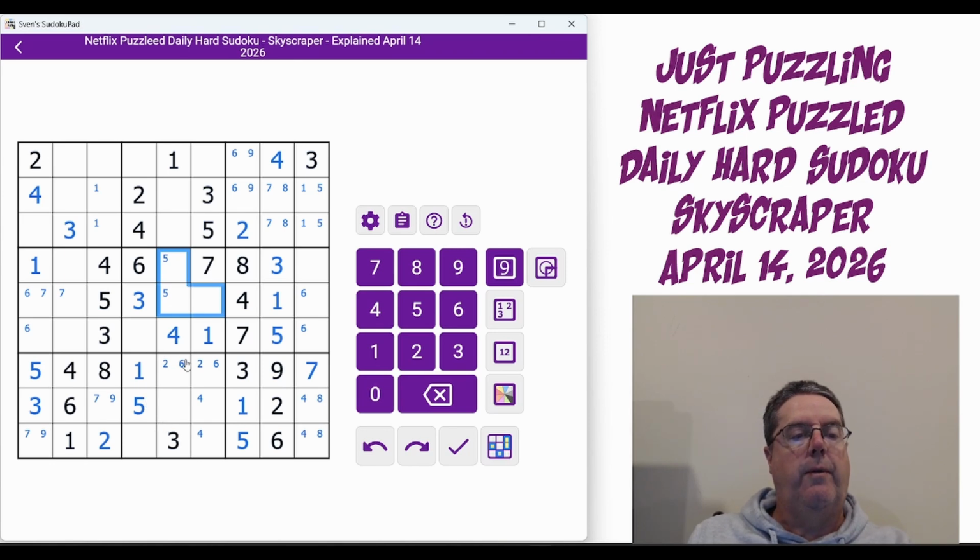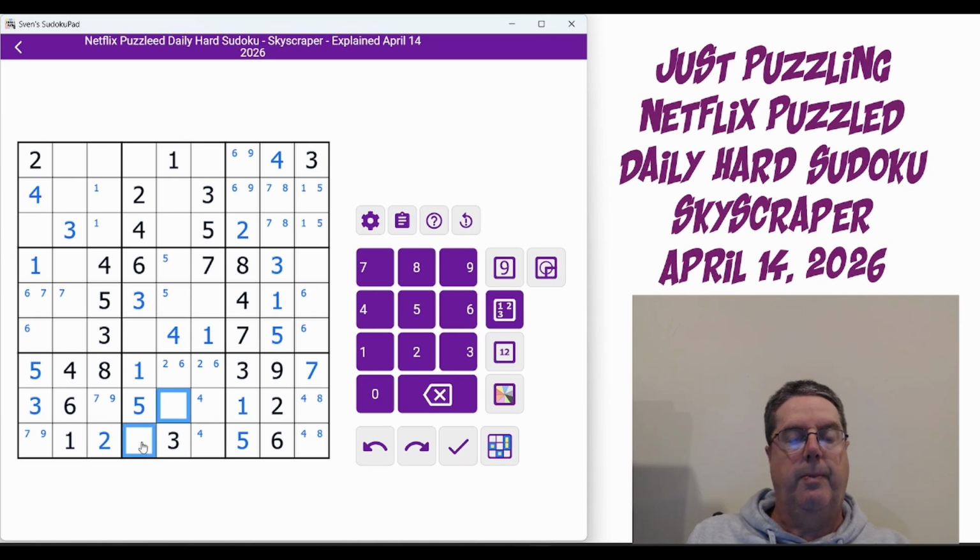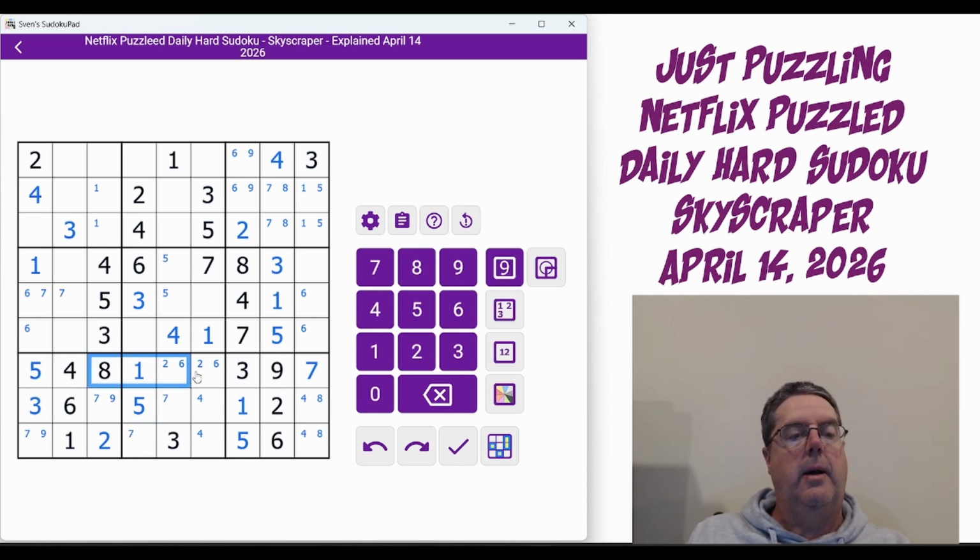So 1, 2, 3, 4, 5, 6, 7. 7 can't be here, so 7 is one of these two. 8 comes across here, so 8 is one of these. And 9 comes across here, so 9 can be one of these. Alright, so